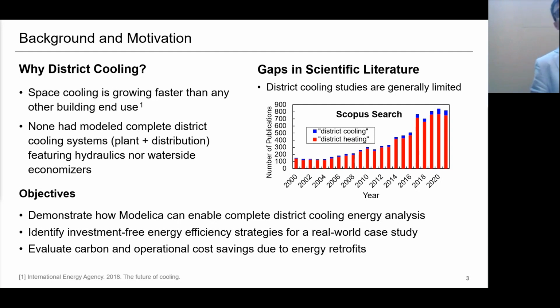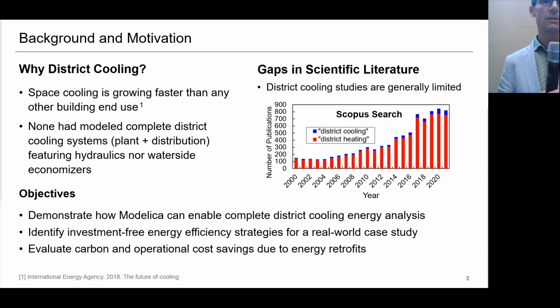So if you look at the literature, there's a lot of work being presented about district heating, but very little about district cooling, which has a few unique features that I thought would be interesting to look at, and also to put together a set of tools so that other researchers and engineers can start analyzing and improving the design and